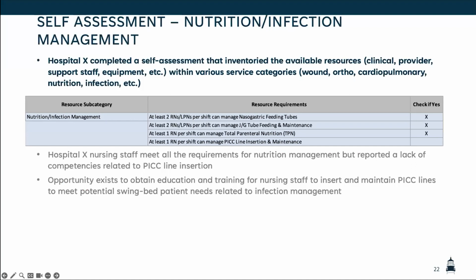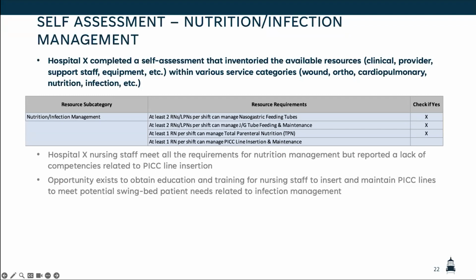will help you build out your care spectrum or your patient framework. So just as an example, this particular hospital did their self-assessment, and I'm going to go over some key areas of their self-assessment. This one's specific to nutrition and infection management. They had indicated that they provided some key nursing competencies around this particular clinical program. But one area that they indicated that they did